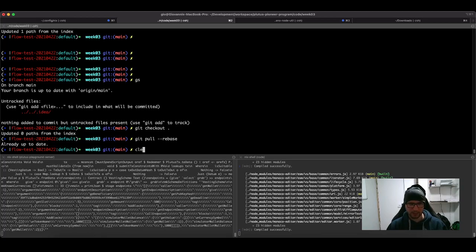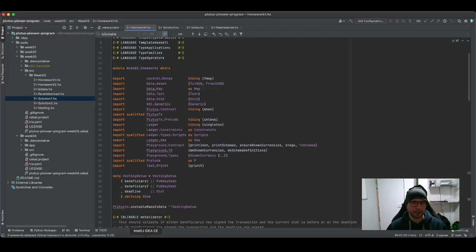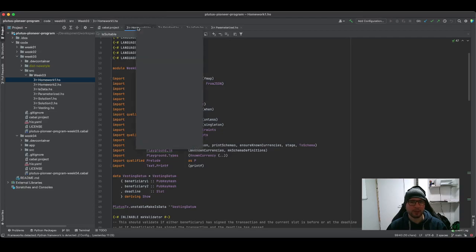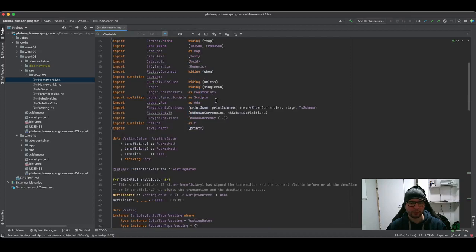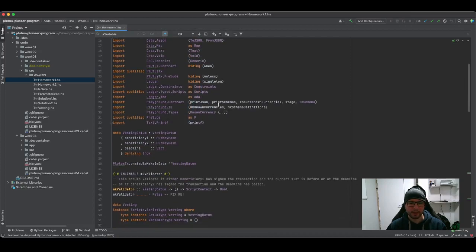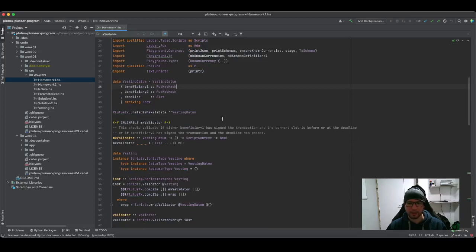The console is ready. I'm going to give a nice clear and then jump into the IDE. So this is homework number 1. Let's close the other tabs, and what we have to do here, if you have followed the class, is basically